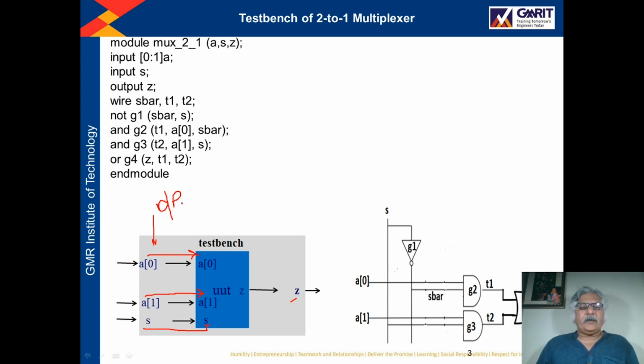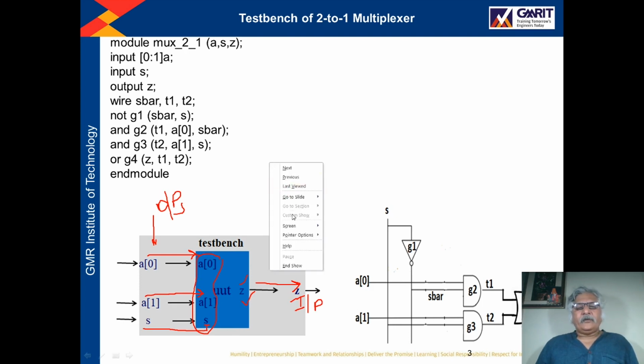They will generate the output signals, and these signals are received by the input ports of the unit under test. Once they receive these signals, then depending upon the Verilog code, the processing will be done and the result will be generated. This Z is the output port of the unit under test, and it will send the result to the port of the test bench, which is an input port, because it is receiving the values from the output port of the unit under test.